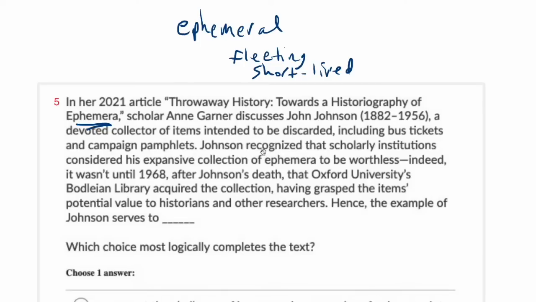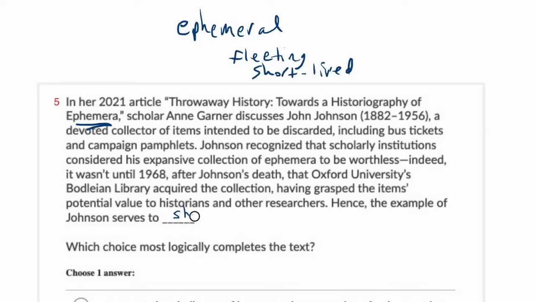She recognized that scholarly institutions, schools, museums, maybe, considered his expansive collection of ephemera to be worthless. Indeed, it wasn't until 1968 that Oxford University acquired the collection, having grasped the items' potential value to historians and other researchers. Hence, the example of Johnson serves to,